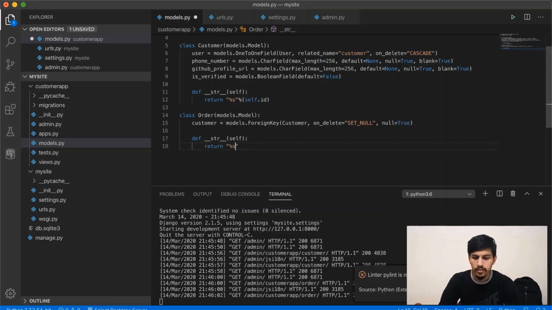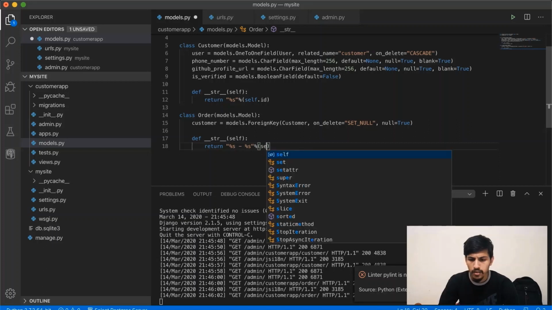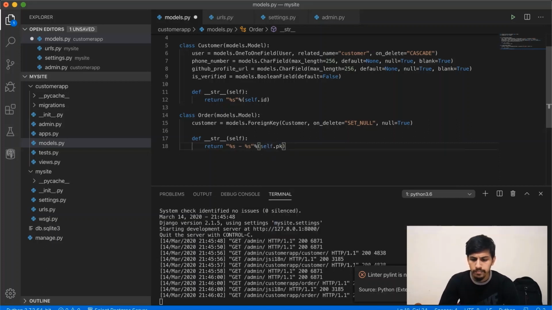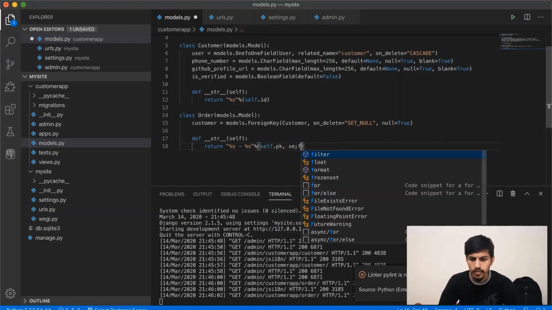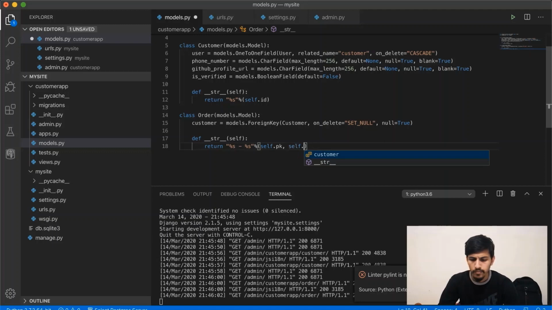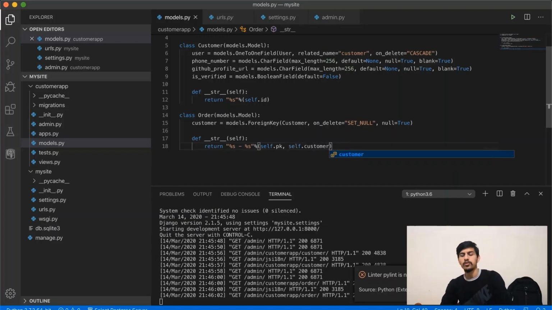We can return similarly the primary key or the ID of that object and some other data. For instance, here the